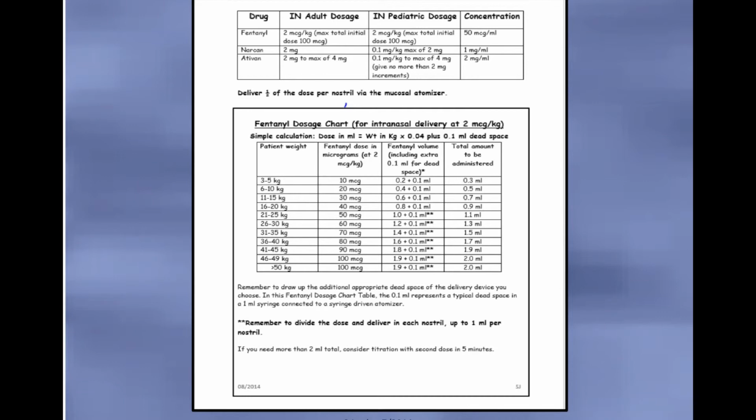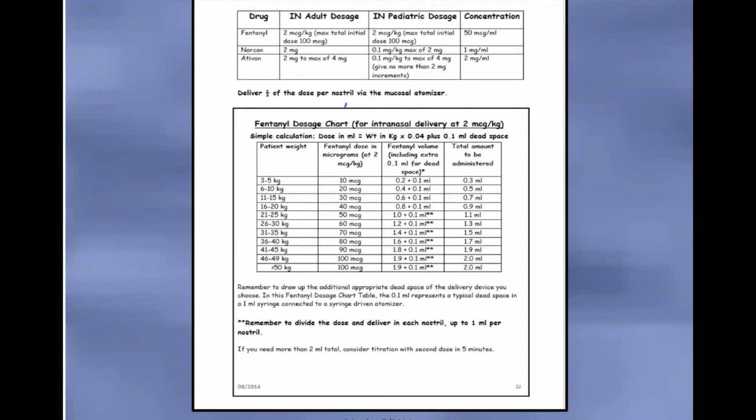If you did not pull up the extra 0.1 milliliters for the dead space, instead of delivering your dose of 0.2 milliliters or 10 micrograms, you'd be giving half of that, 0.1 milliliters, only 5 micrograms. So in the smaller patients, it makes a huge difference pulling up that extra dead space. Please be sure to do it in all patients up to a 50 kg patient. All right, so